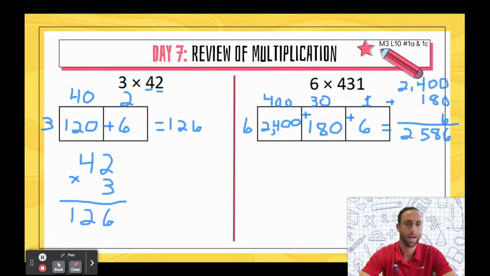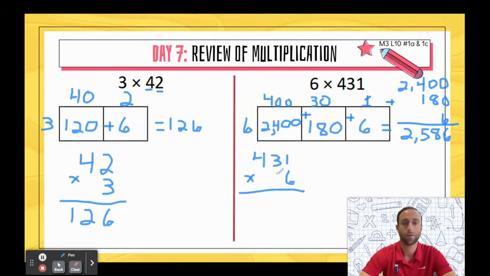So when I add up all my area models, my 3 problems within the big problem, I just use the zero trick to help me out. Then I add up all the numbers inside the box. I got 2,586 there, okay? Now for the standard algorithm, I'm going to take my 6 and multiply it by each digit